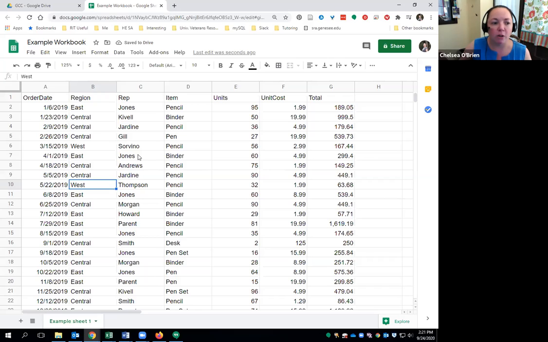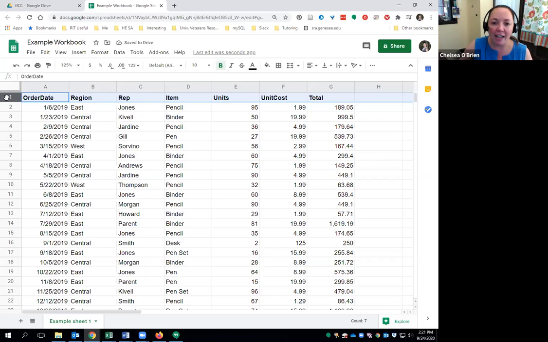Next, we're going to talk about formatting. We can format our spreadsheet by making sure that first we have headers for each of our columns to label what's going on in that column. And then we're going to make that row bold by highlighting the 1, which is going to highlight everything in that first row, and then making that bold text.